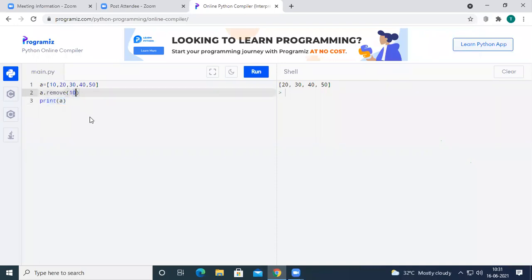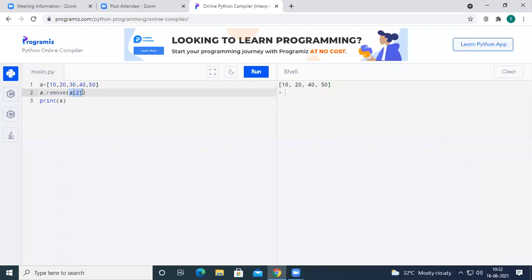So similar to this, we can also remove an element from the list based upon its index. For example, if I call a dot remove of a of 2, then the value at index number 2 inside the list A will be deleted. It is index number 0, index number 1, and index number 2. So 30 will be removed and the remaining elements will be printed on the output screen. So we can use this function to remove an element by its value, or to remove an element at a particular index.